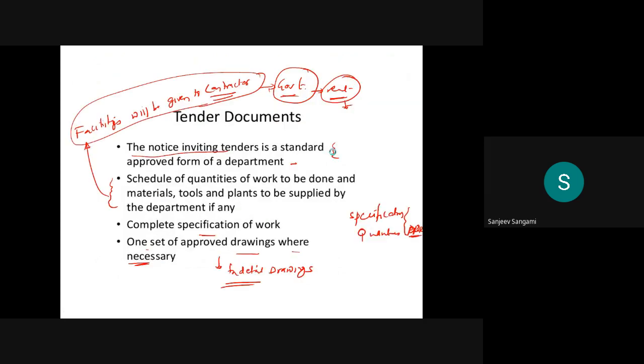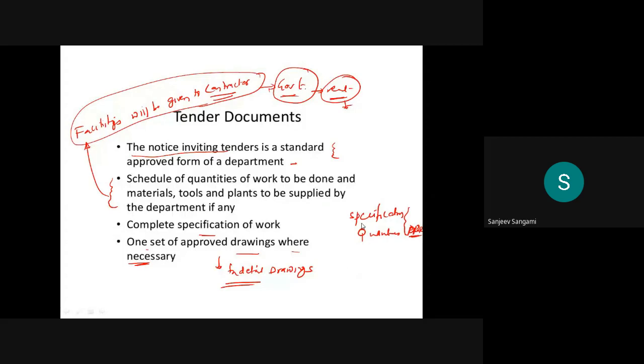So then, which are the tender documents? In the tender documents, it is actually approved by the government department.